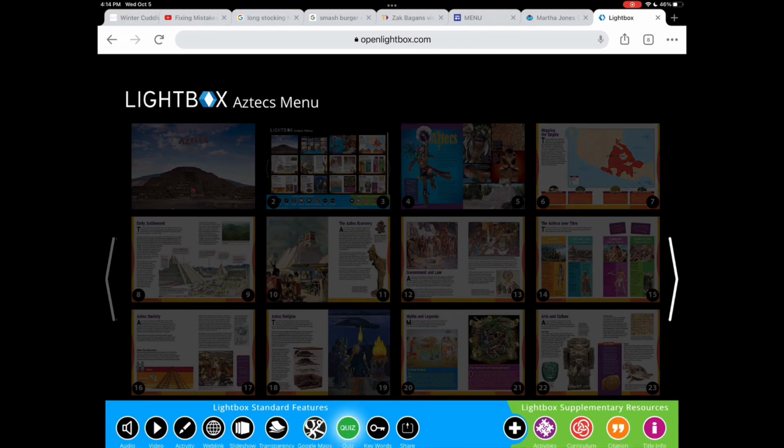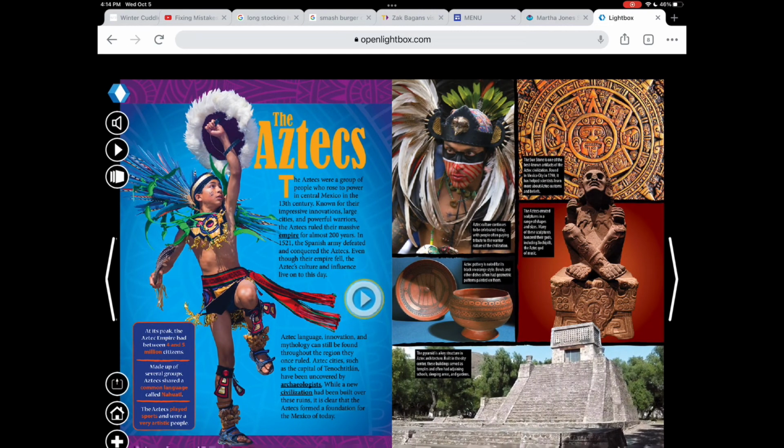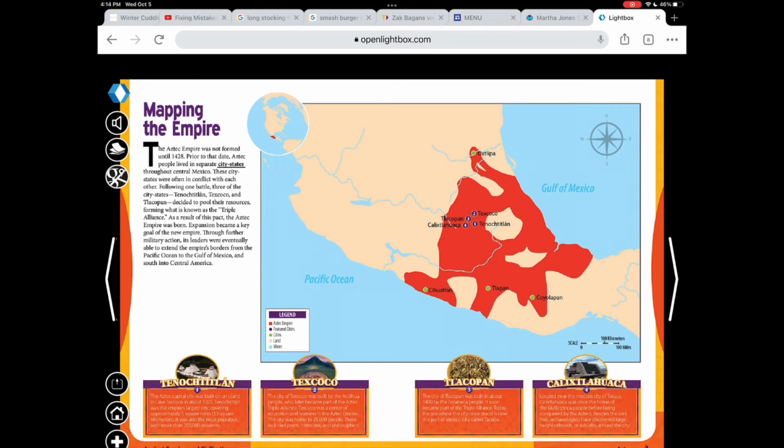At the end of the book, there is also a quiz. So you can see on this page, you can see 23 pages. But when you start arrowing through all of the books, there are more pages. So you just keep clicking on the arrow on the side, and once you've gone through all of the pages of the book,